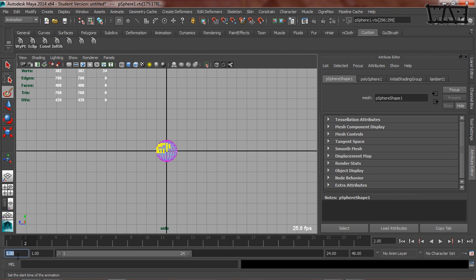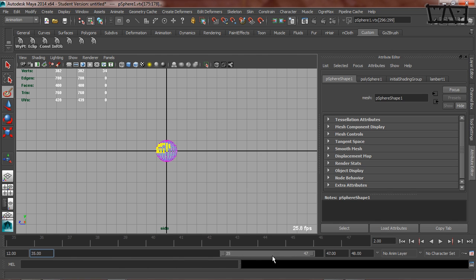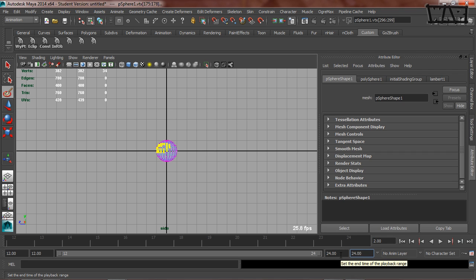So if I change, this is the earliest frame that I would want to edit. So I could set this to 12, and it adjusts my frame range from 12 to 24 that way. I could do the same thing on this end, set that to 24. So now my maximum frame range is between 12 and 24. That's not final. You can adjust this to your heart's content, but